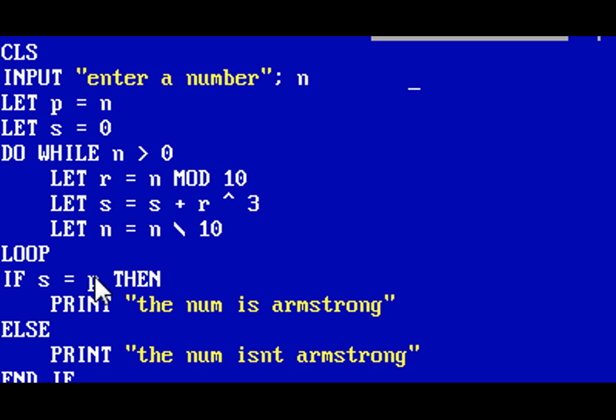We needed the same number, but we can't use the variable n. Why? Because we have changed it by doing these steps. n is equal to n backslash 10, and now it is worthless to use n for the comparison over here. But we needed the number whatever was assigned to n, and that's why we assign the number to p also, so that